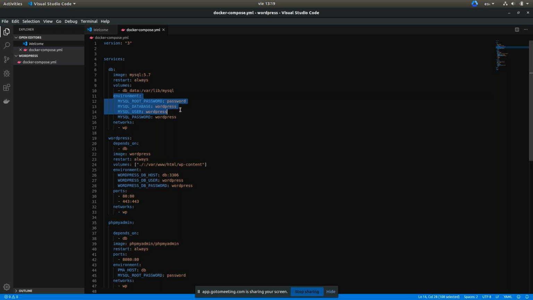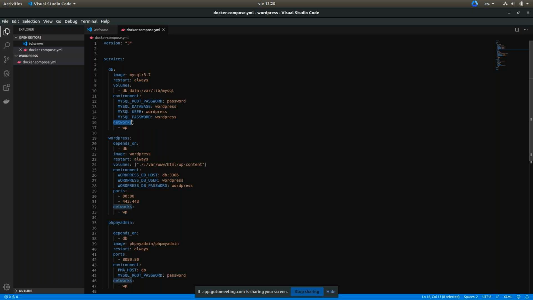And then we set the information that the image uses when it starts running to set up the environment. So it creates this password for the MySQL root account. It creates this database. It also creates this user and assigns this password to the user.